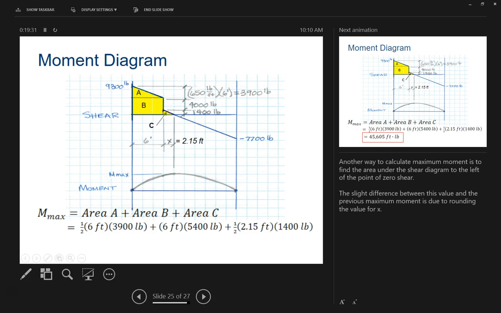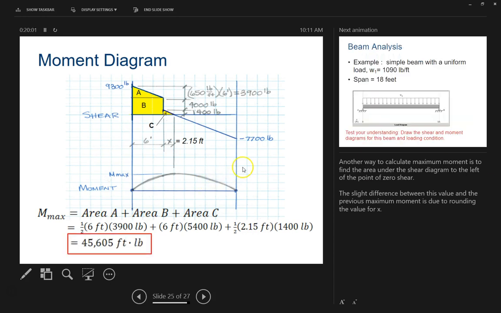That's the total block there in B. And then add that to your tiny little triangle at C here, which is only 2.15 feet in this direction and 1,400 pounds tall. So you take all of those, multiply them, add them together, and you end up with